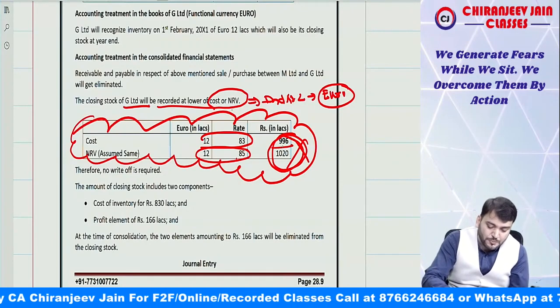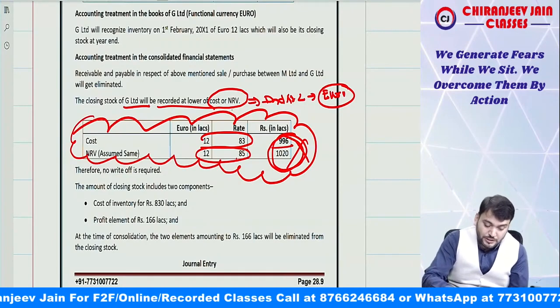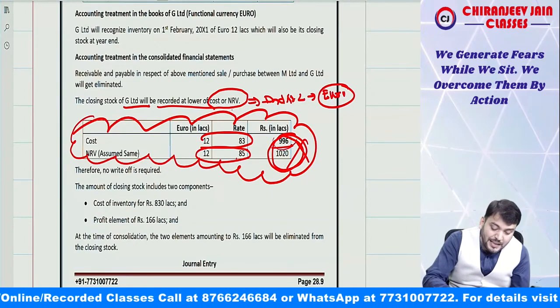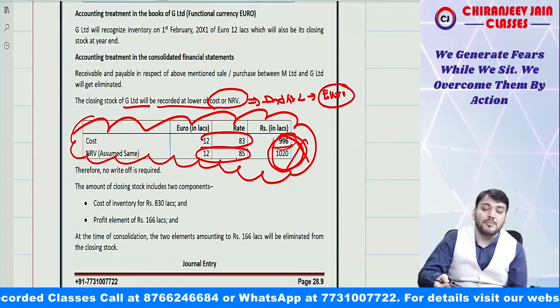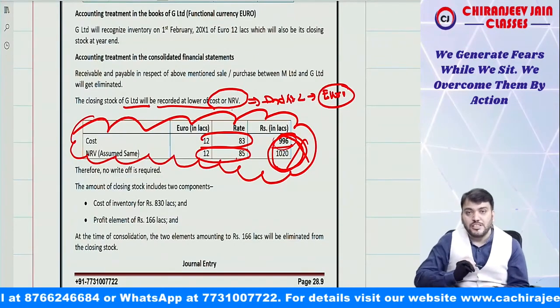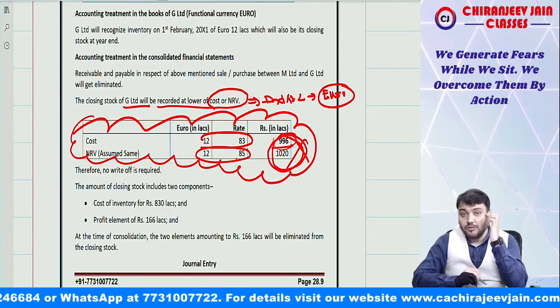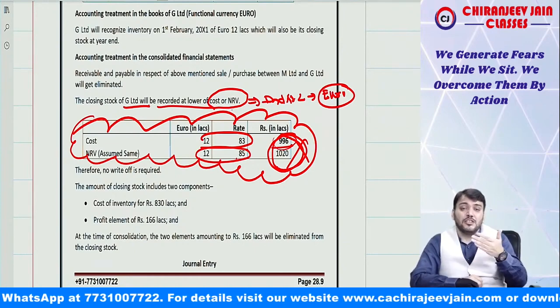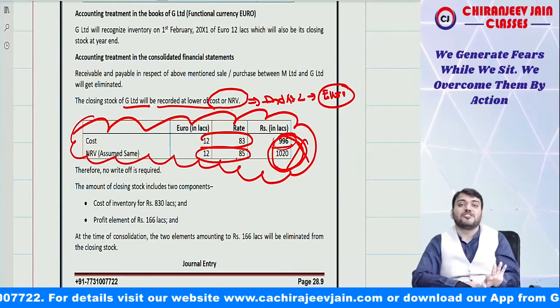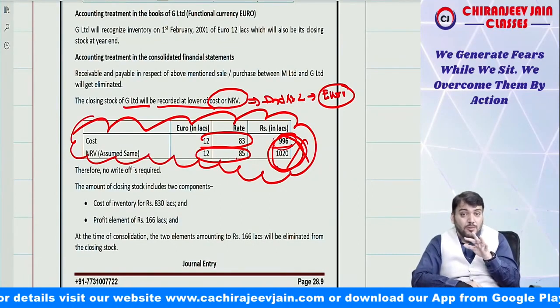They are saying cost price or NRV, it will impact. They are saying no write down required, so they are recording at 996. I am saying that it will come in functional currency, in rupees, at 1020. Check, yes or no? Whenever we are translating, all assets and liabilities, including stock, will be translated at the closing exchange rate.